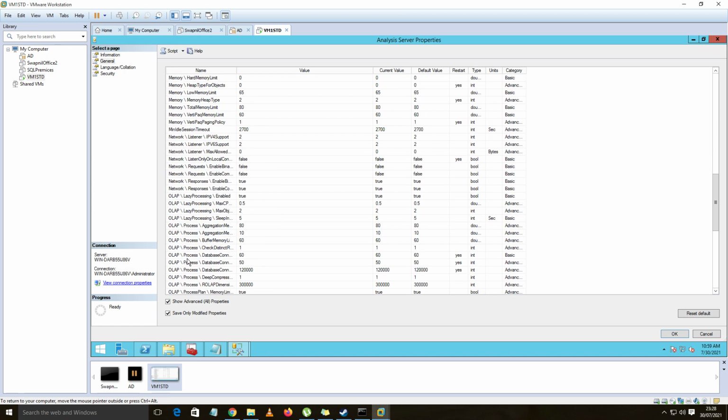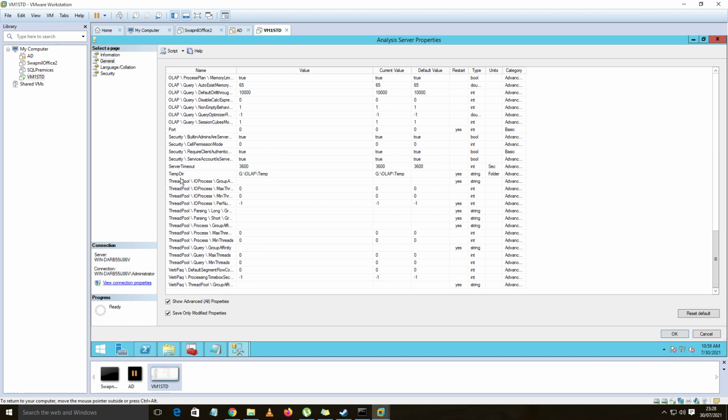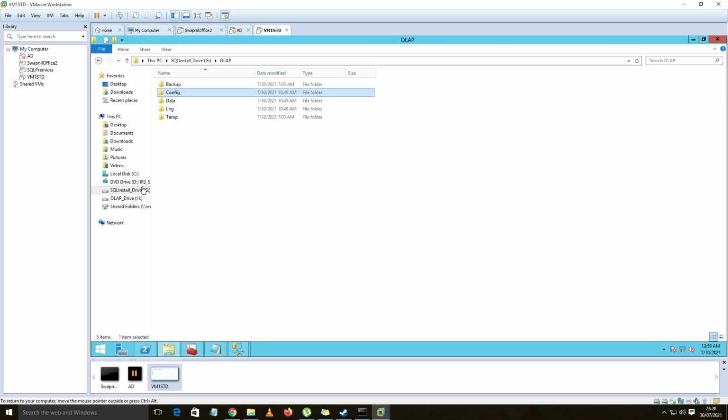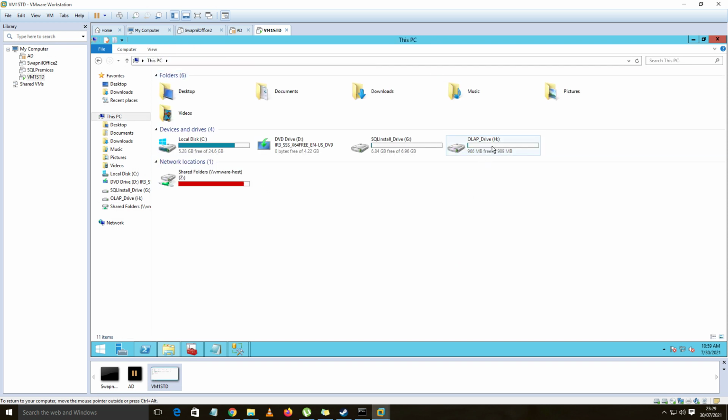These you can change easily and move to another drive. Let's first go with this. I have created a blank empty folder on H drive. This is the drive specially for OLAP.